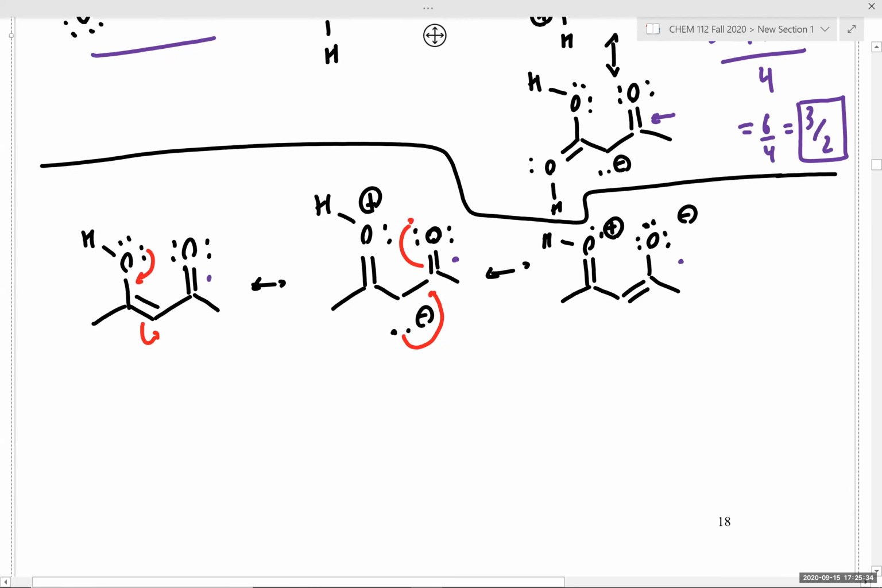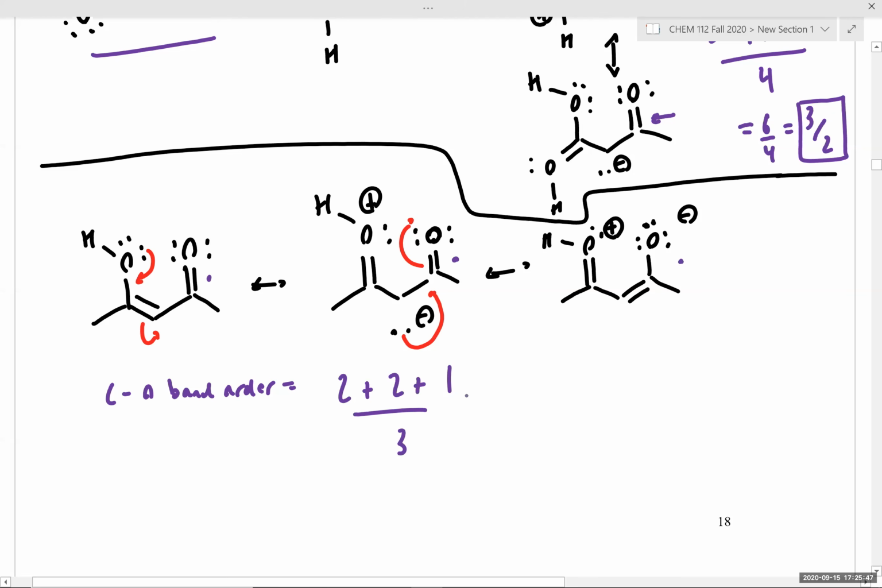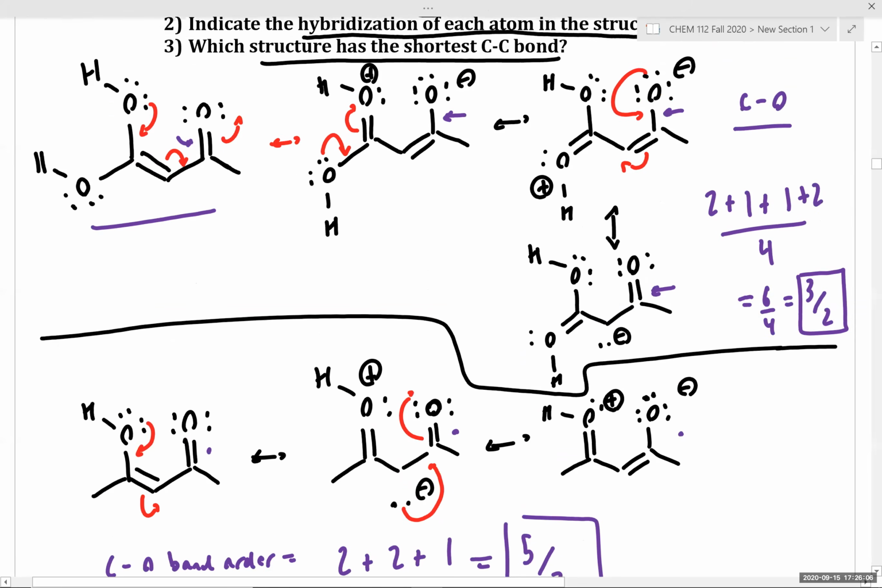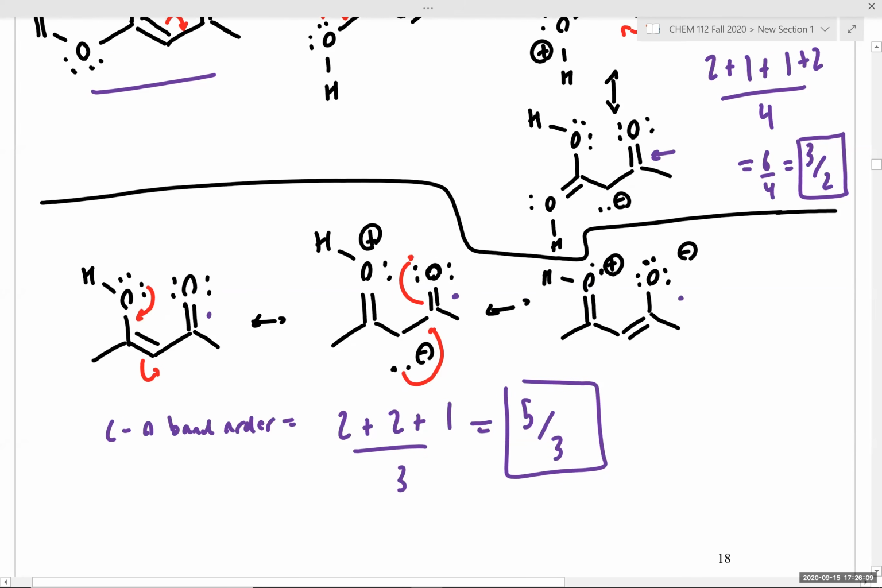Let's look at our second structure now. Let's calculate our average carbon-oxygen bond order. So in this case, we have 2 plus 2 plus 1 over 3, and we have an average bond order of 5/3. So, which bond is stronger? Which bond order is greater? The top structure or the bottom structure? The bottom structure. So we have a stronger